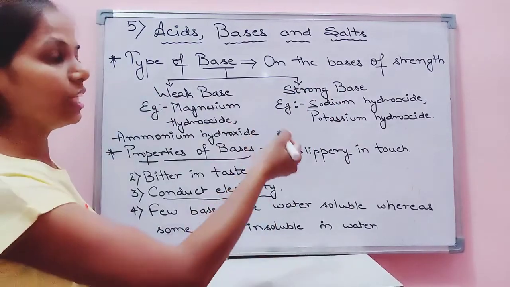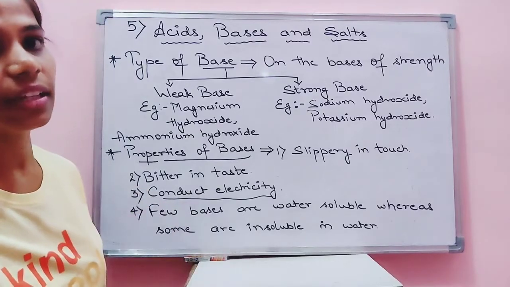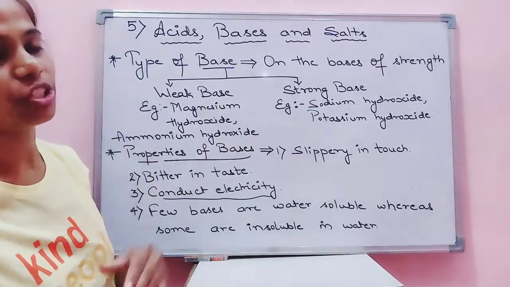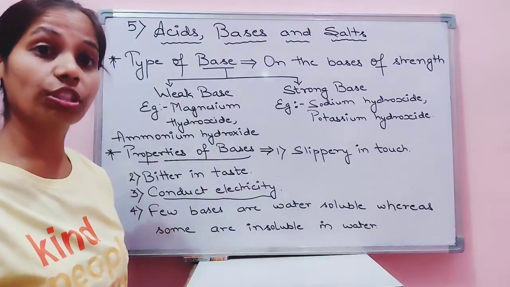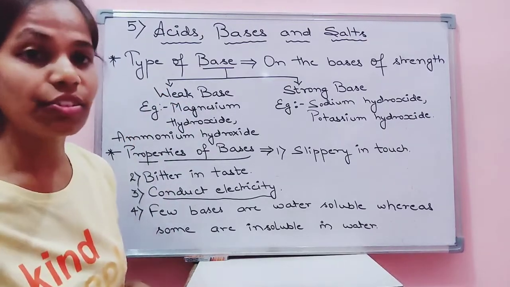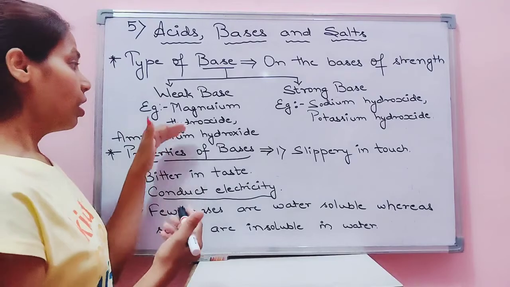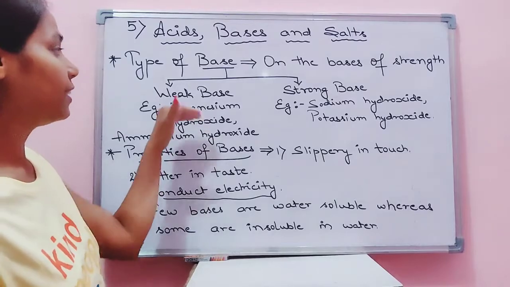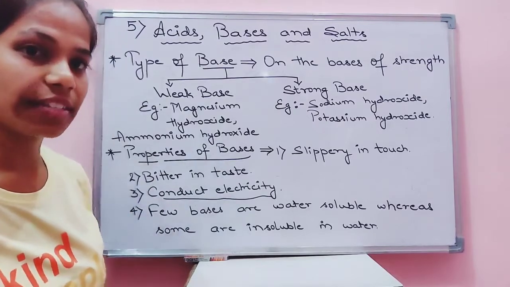For example, for cleaning the clothes, you have seen that the stained clothes can be easily cleaned with the help of washing sodas. Okay, so sodium hydroxide and potassium hydroxide are generally very reactive in nature, and they are utilized for the washing purpose. We are having the weak base, antacids, children, that can be edible. Okay, it is mild in nature. Magnesium hydroxide is found in the antacid and it is a weak base. Ammonium hydroxide is another example.